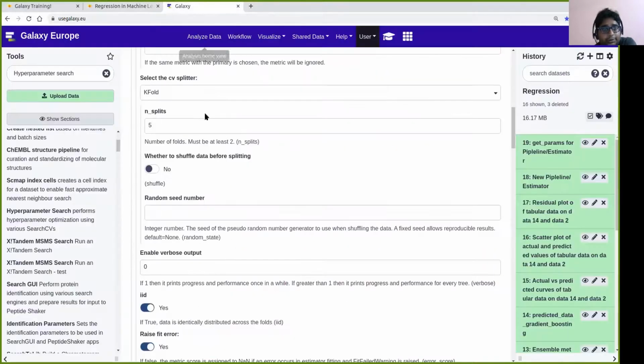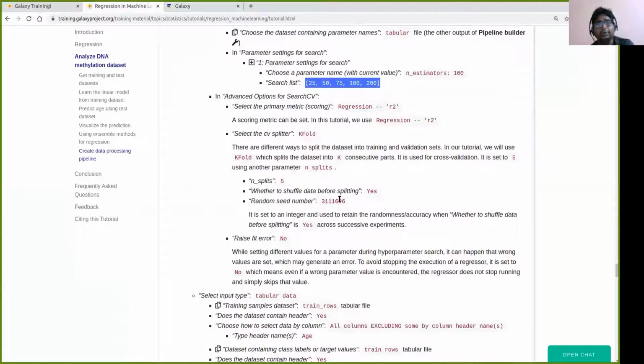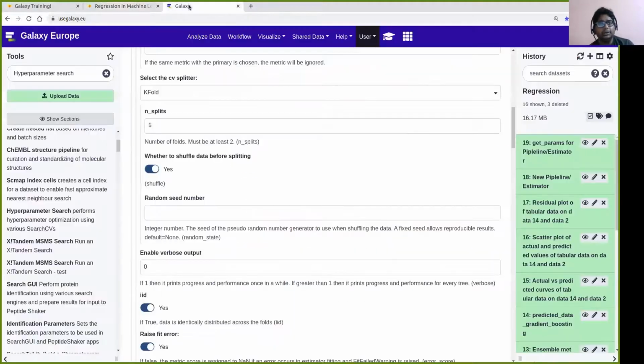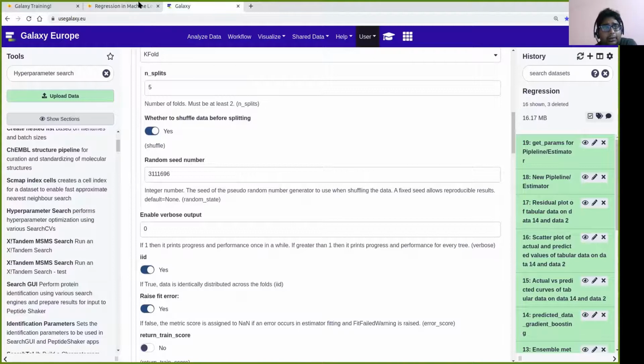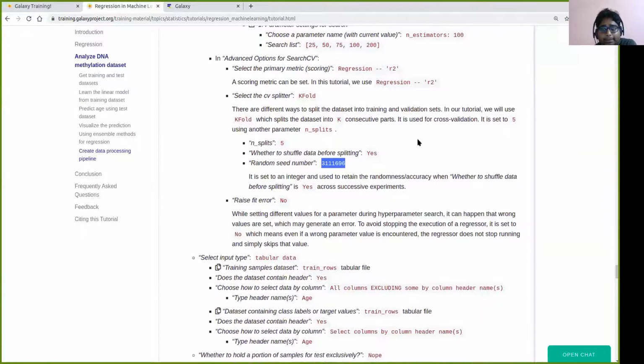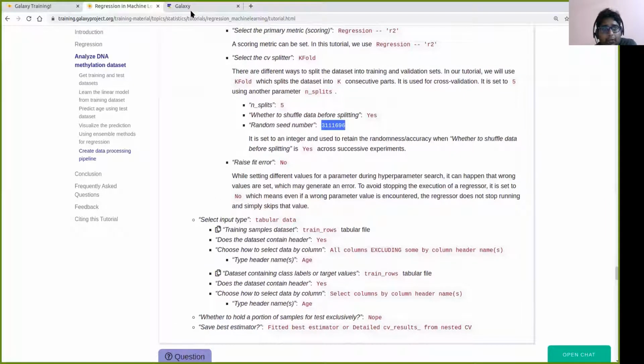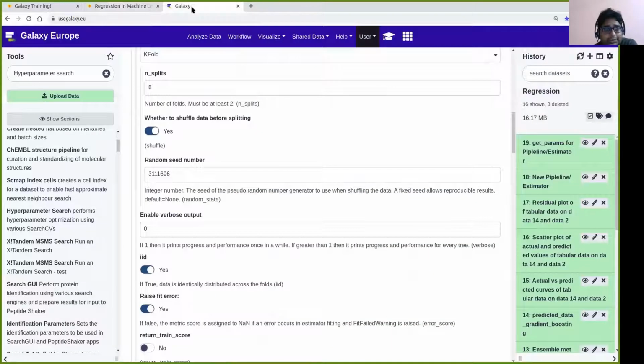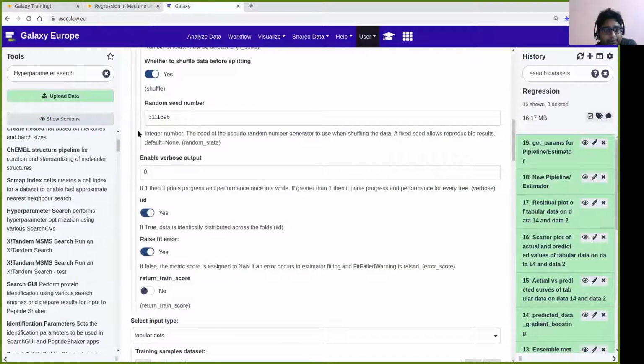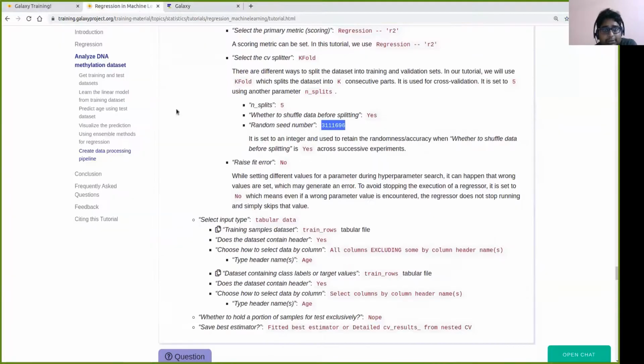Then before splitting, we want to shuffle the data, yes. And we can specify some seed number to get repeatable results. Then we try to see what different options we need to set. Another one is raise fit error. Yes, IID is already